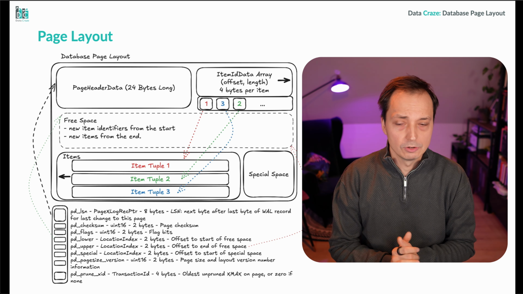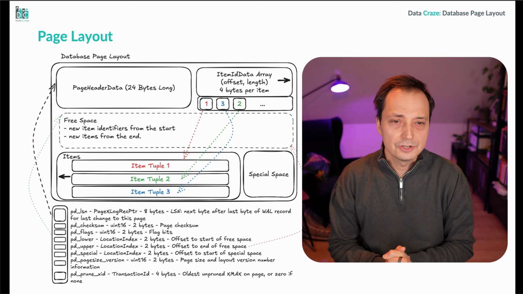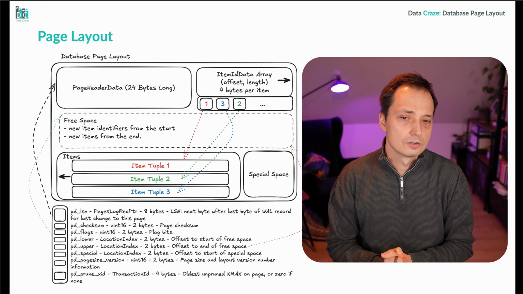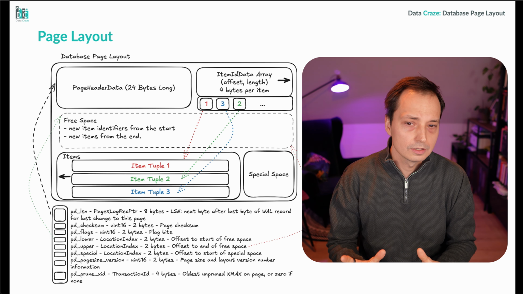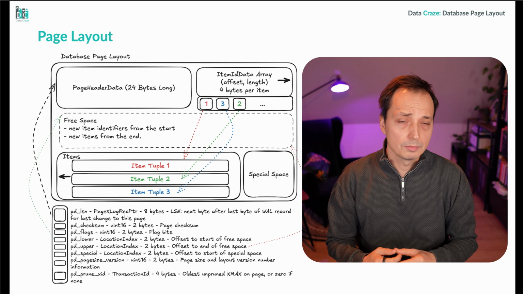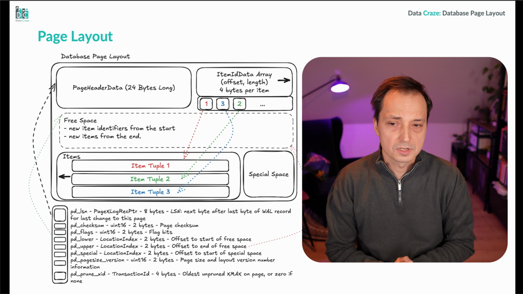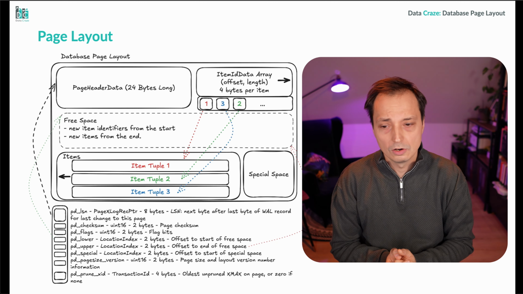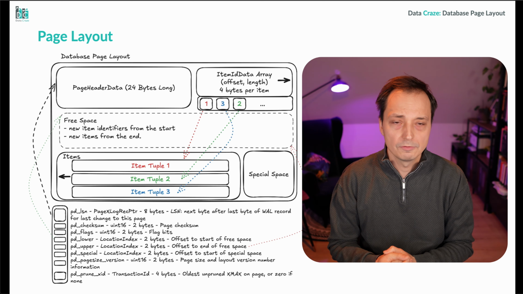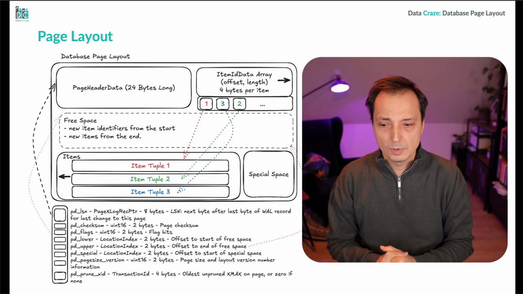But now, page layout. Again, this will be specific to Postgres, but as said before, each and every single database management system has its own page layout that will be similar to this one, not one-to-one, but the general concept still stands, that each and every single page inside of the database is storing your data. And how does it store your data? First of all, from the Postgres perspective, you are starting with a page header, and this page header contains 24 bytes of information, among others like information about the next WAL record, checksum of that particular page,